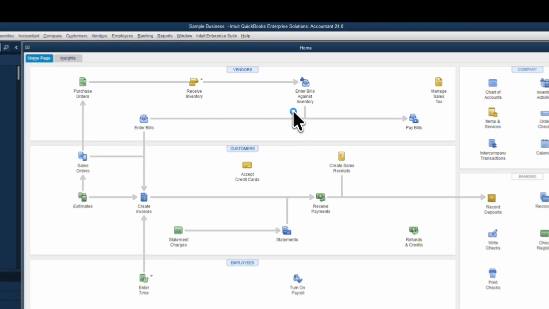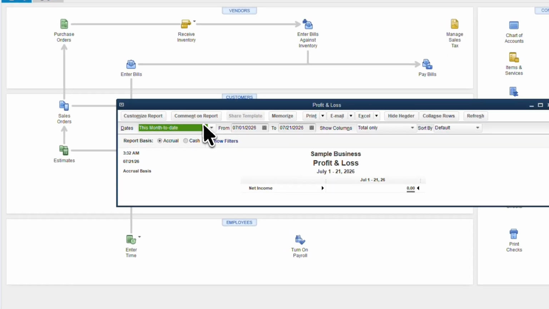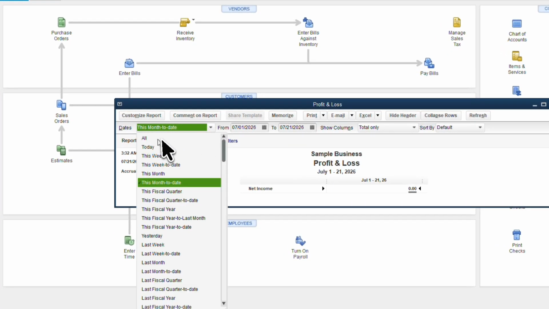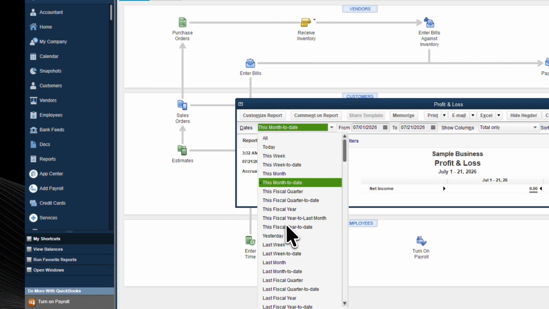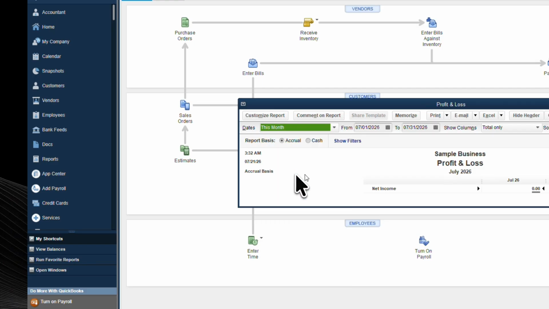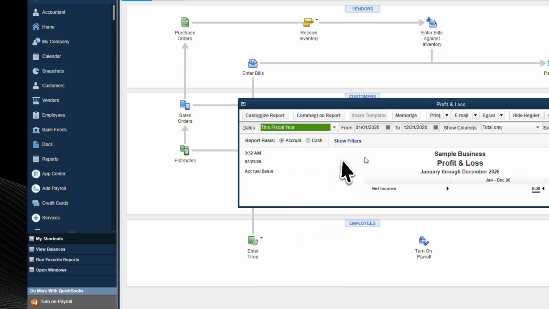This will open the default profit and loss report, which gives you a summary of your business income and expenses over a selected period of time. Once the report window opens, look near the top for the Dates drop-down menu. This is where you choose the time period you want the report to cover. For example, you can select this month if you want a quick snapshot of recent activity, this fiscal year if you want a broader view of performance, or all if you need to see the entire reporting history available in the file. Choosing the correct date range is important because it directly affects the totals and the story your report